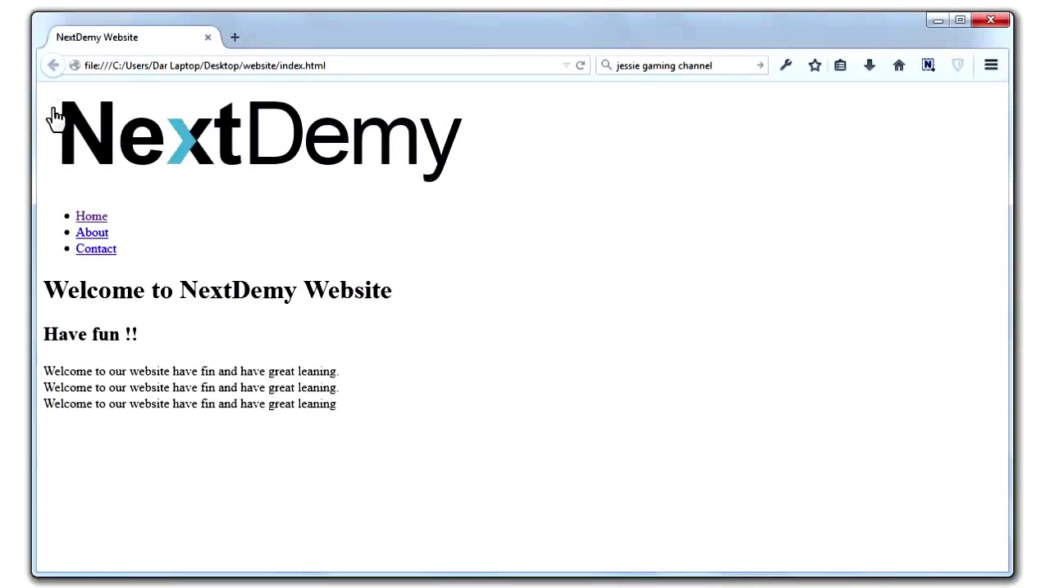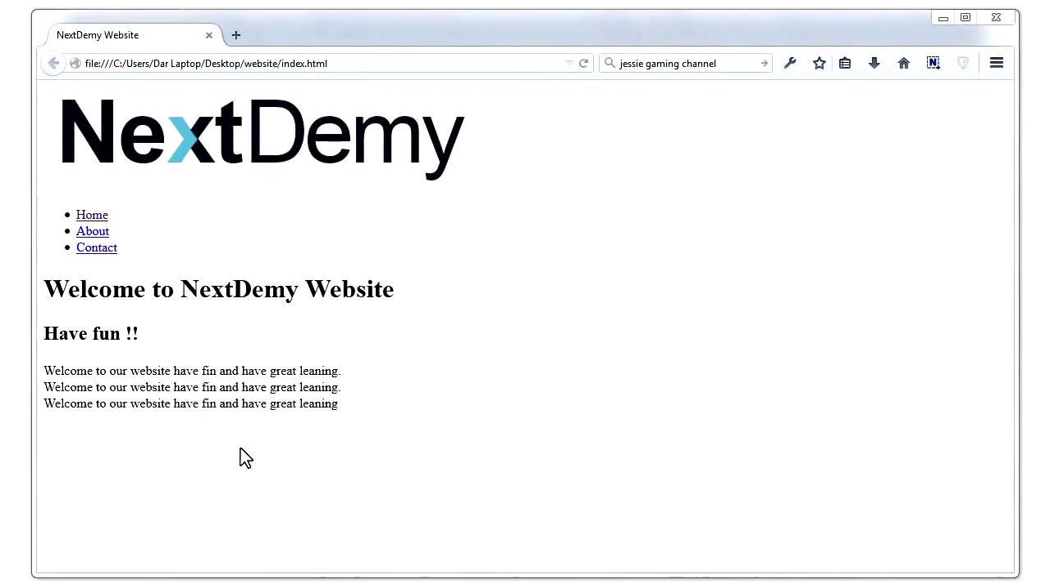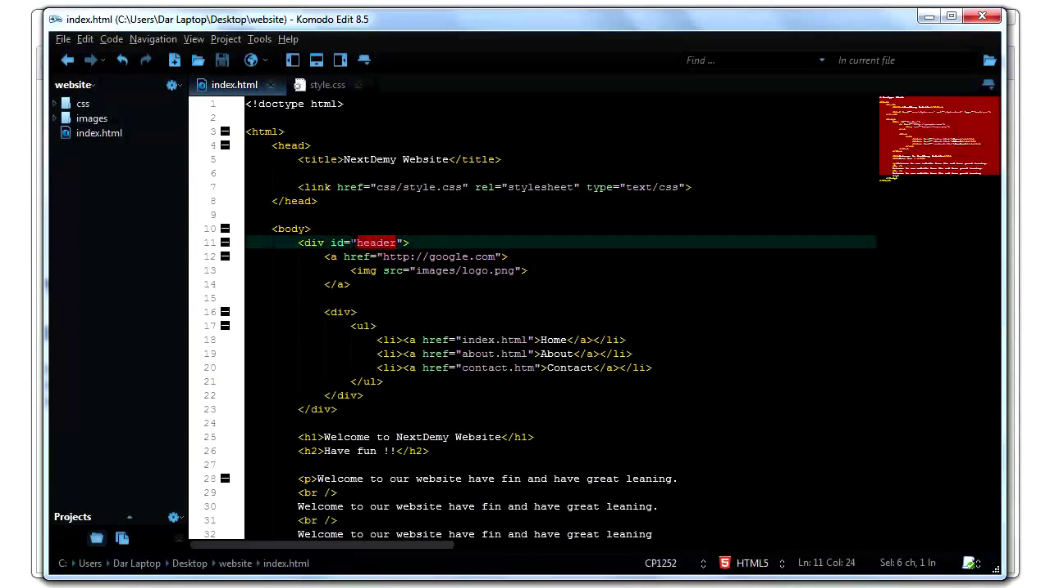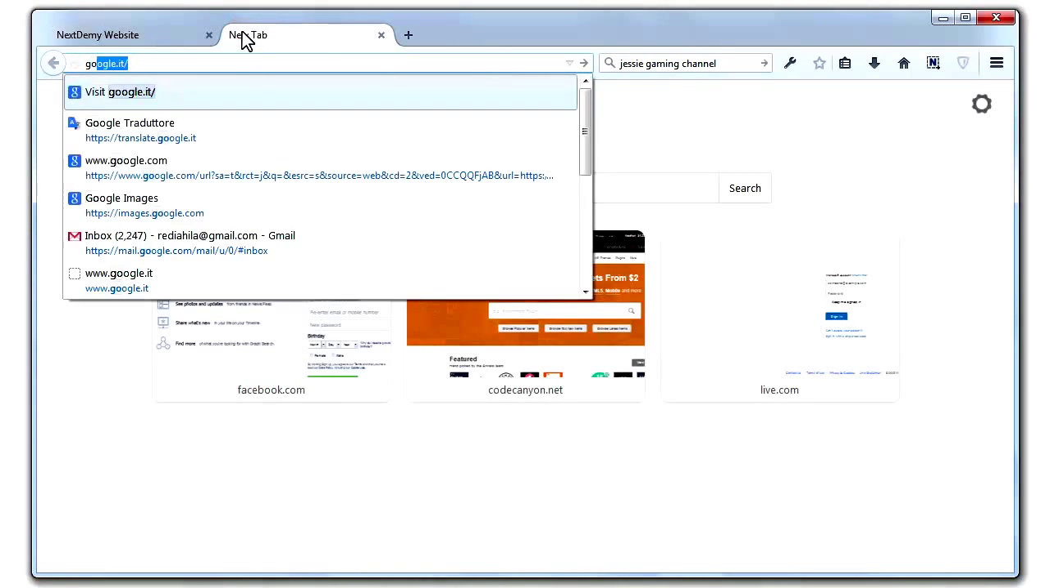As you can see here, this is our logo, this is our navigation. These two I added in our header. You will be wondering why I named this a header and why I used ID. The reason I named this header is that everything that comes on top of our website is called header. For example, when I go to google.com